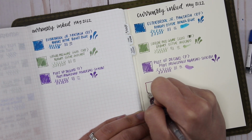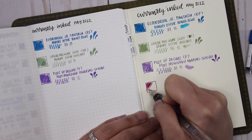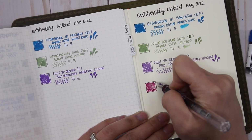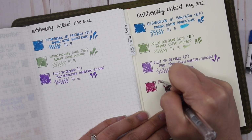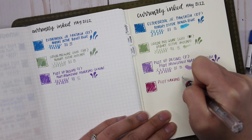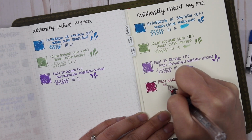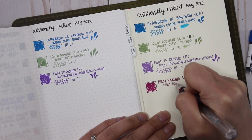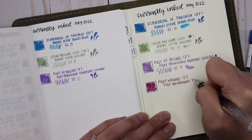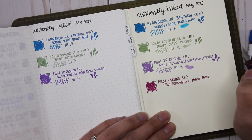So my Pilot Kakuno with the Pilot Iroshizuku Yamabudo. Like, look at that. And the Pilot Kakuno has a fine nib. I recently sold my other Pilot Kakuno with the extra fine nib, and I'm finding that I am preferring slightly broader nibs now. I probably won't go so far as to say I want a broad nib,